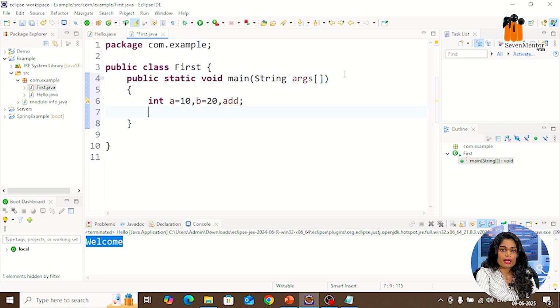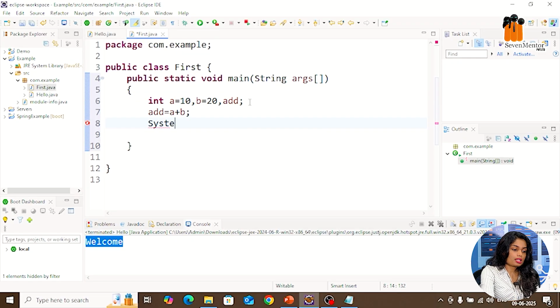That's why I'm using the add variable. Now, as I told, one variable can hold only one value. So A contains 10 and B contains 20. So it is not necessary to take input from the user. You can just go with the addition process, add equals A plus B, and using